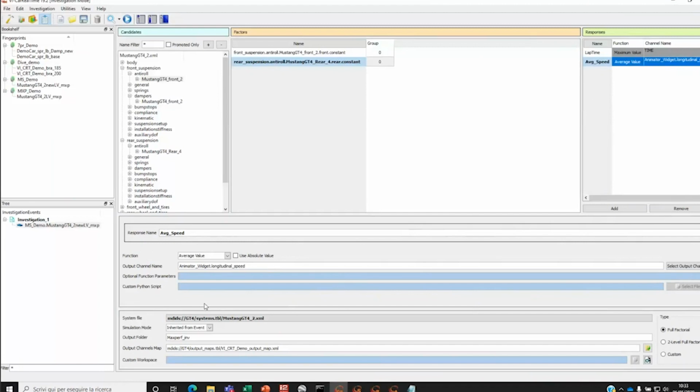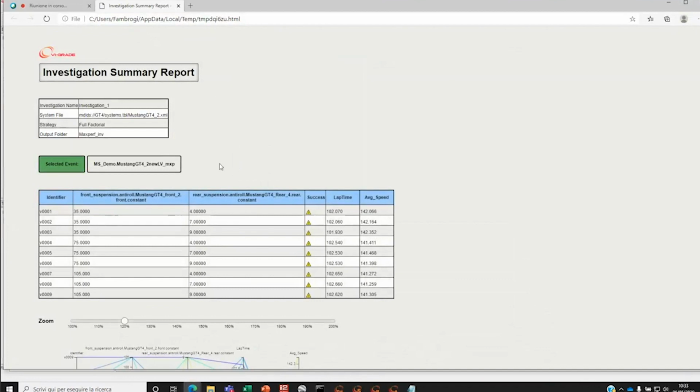For each of them, we run a single or multiple simulation. And at the end of the process, we can review how the different setup performed the one respect to the other. We have the possibility of accessing the design space, also in a